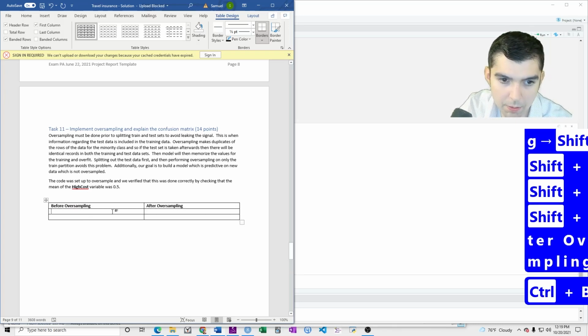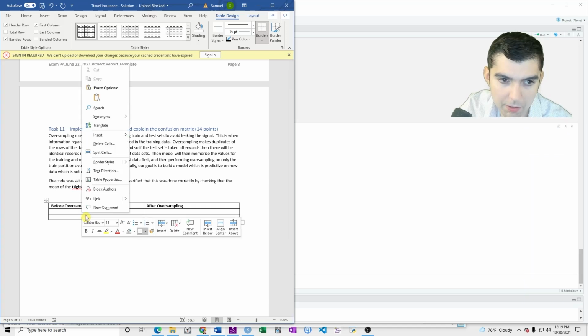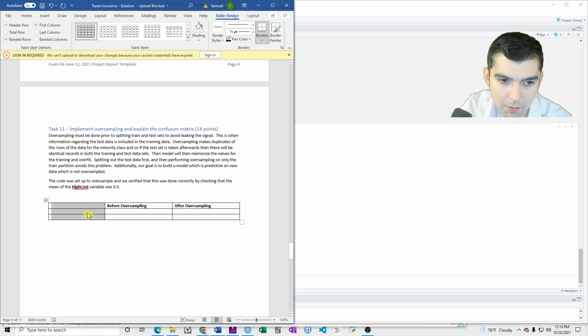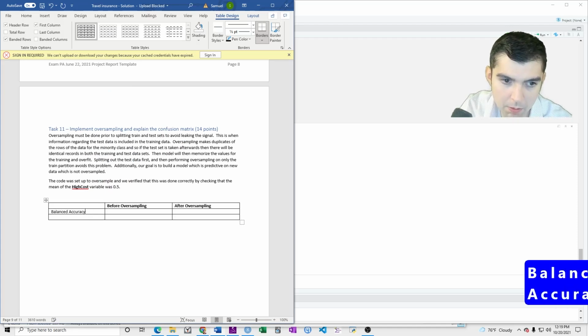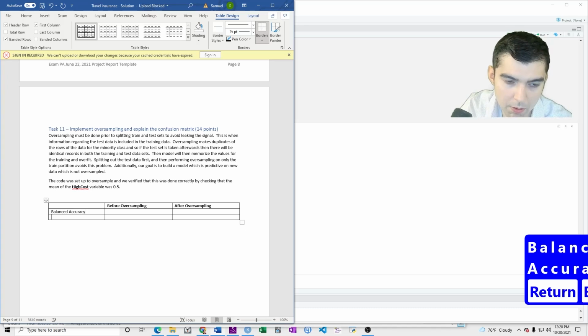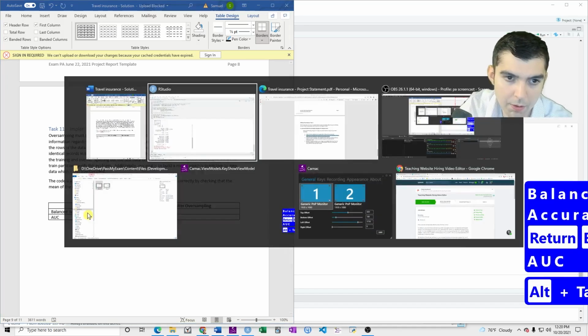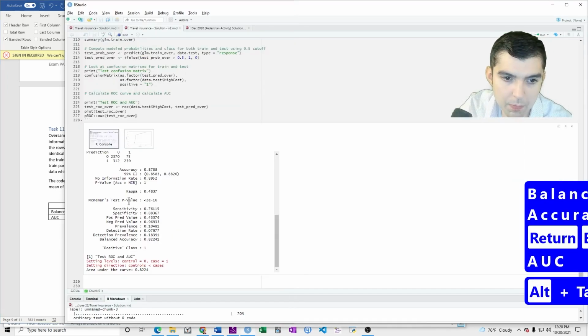And then we want to know the accuracy or the balanced accuracy, the AUC. You could also look at the sensitivity.